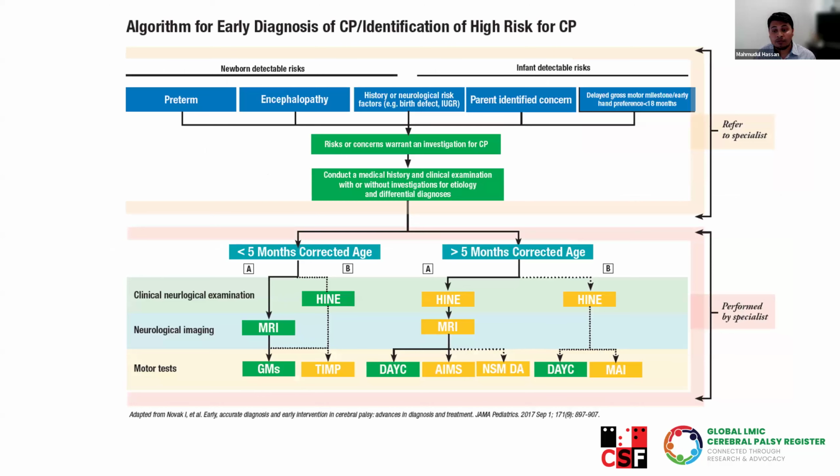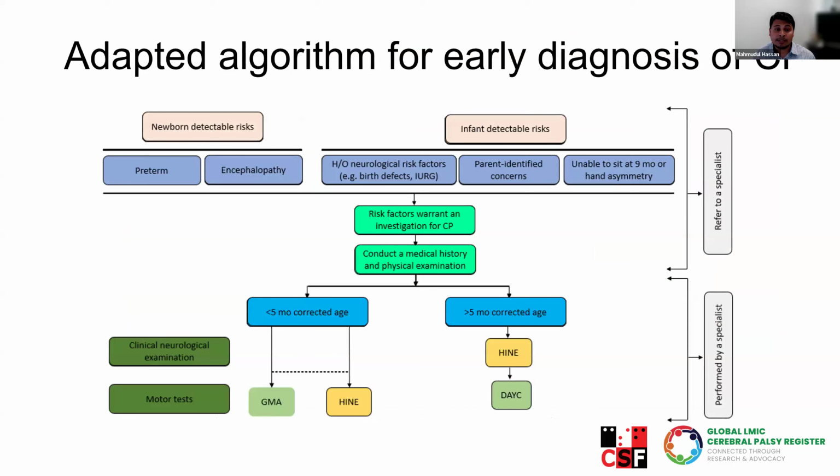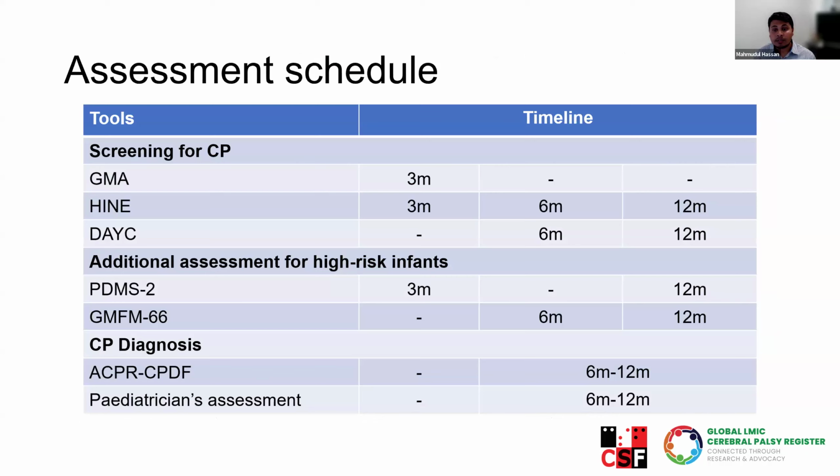Here we can see the algorithm for early detection of CP, including newborn detectable risk factors and infant detectable risk factors. However, we have adapted this algorithm in consultation with early detection experts, considering available resources and tools. For screening, we use GMA at 3 months, HINE at 3 months, 6 months, and 12 months, DAISY at 6 months and 12 months. Children identified as high risk for CP following screening undergo further assessment using